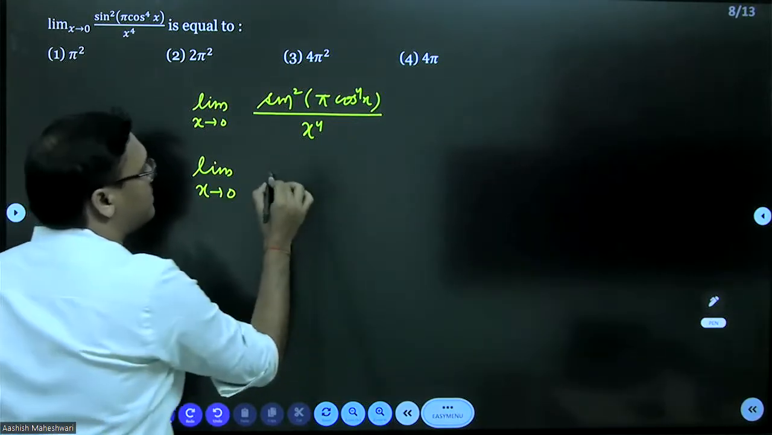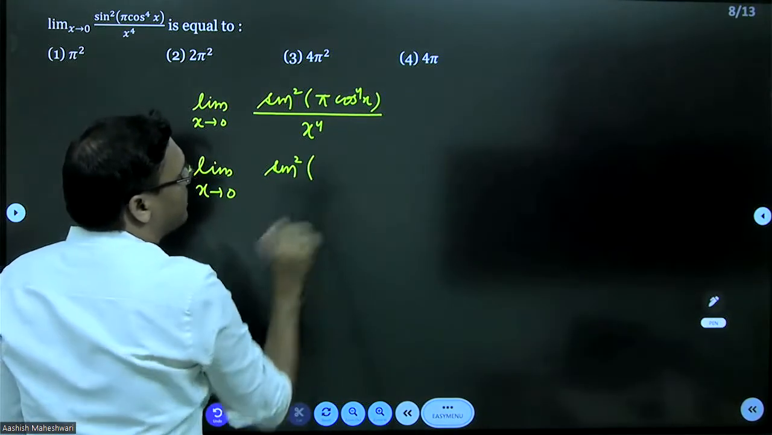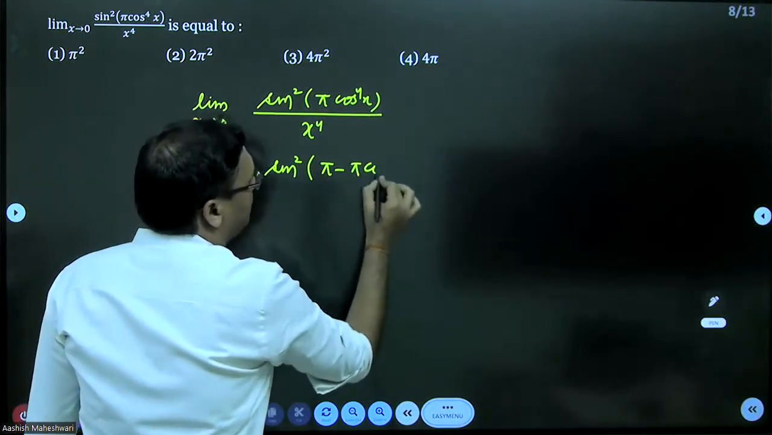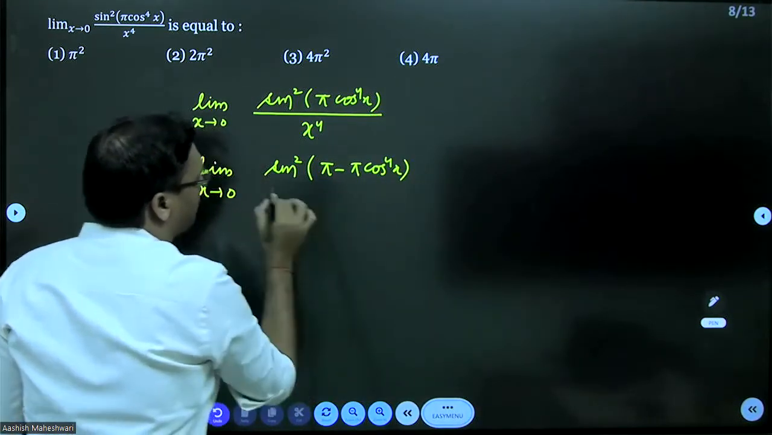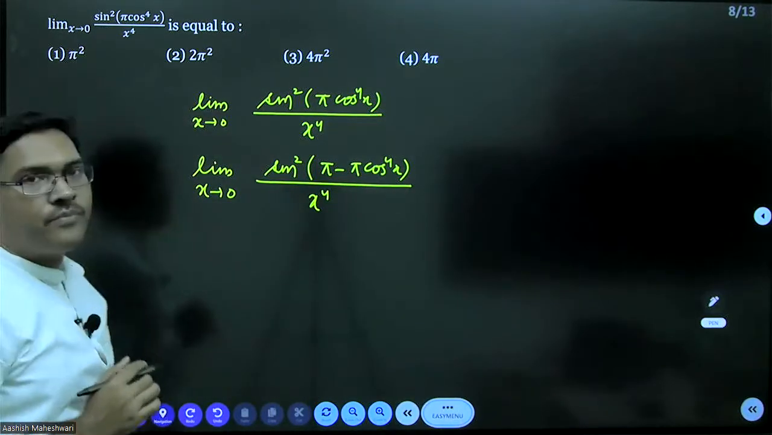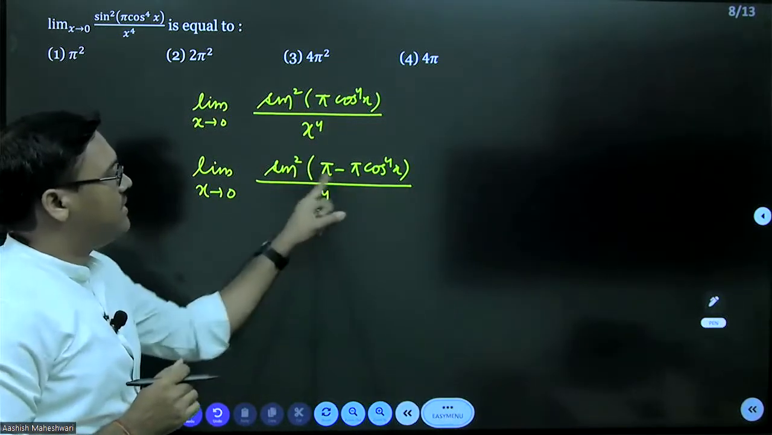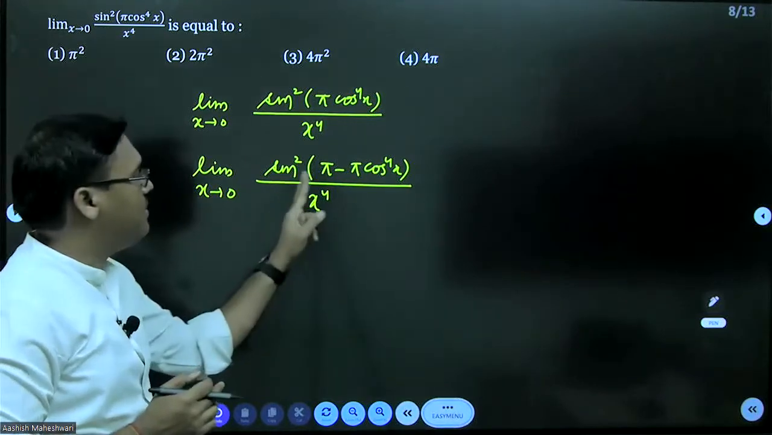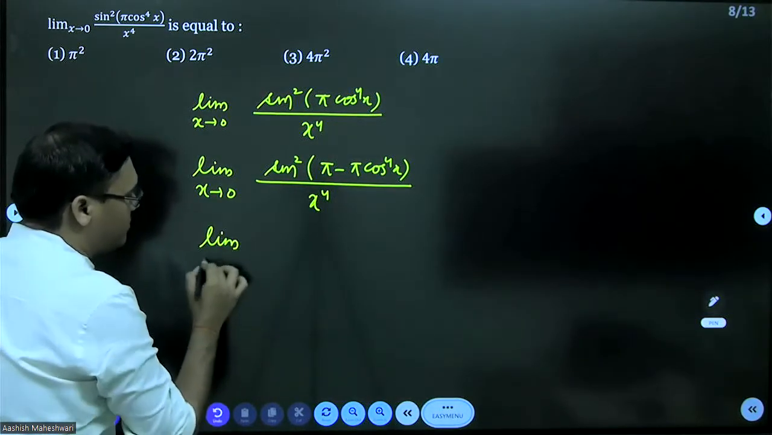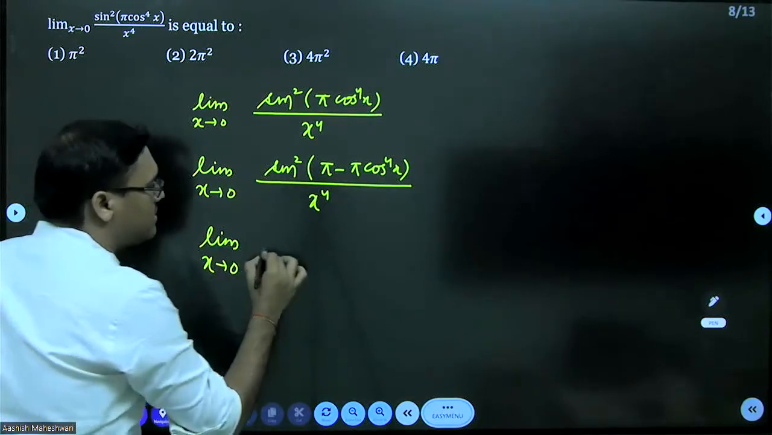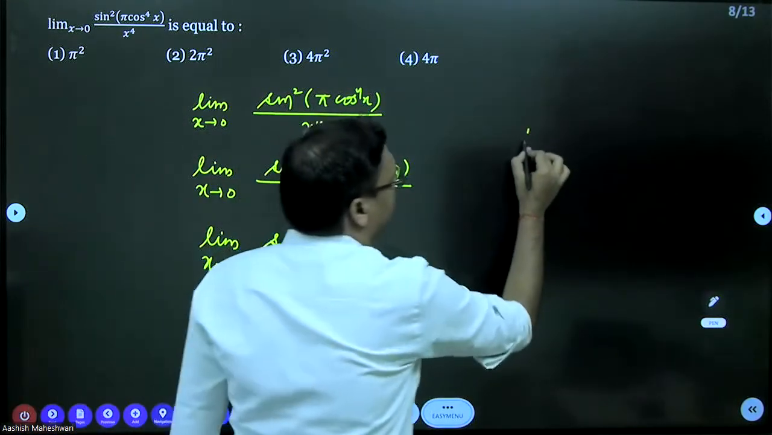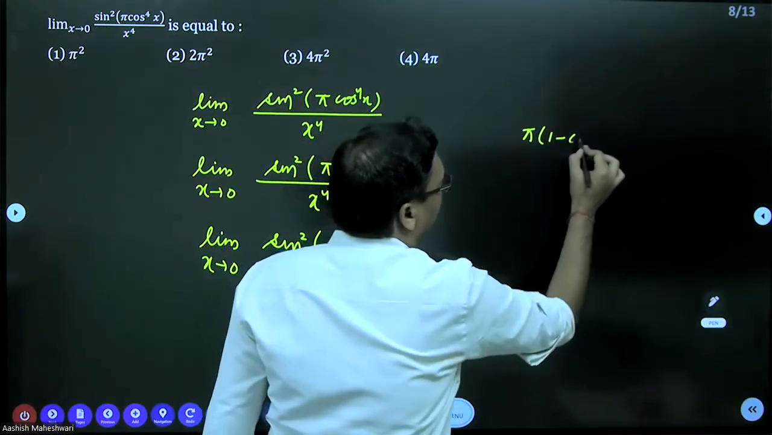If you just observe here, this is sin square. I can say this is pi minus pi cos x raised to 4 divided by x raised to 4. Check this step. Correct? Sin pi minus theta is sin theta. Sin pi minus theta is sin theta. So what you can say here, this is limit x approaches 0. This is sin square. If I take, let me write here, this is pi minus pi into 1 minus